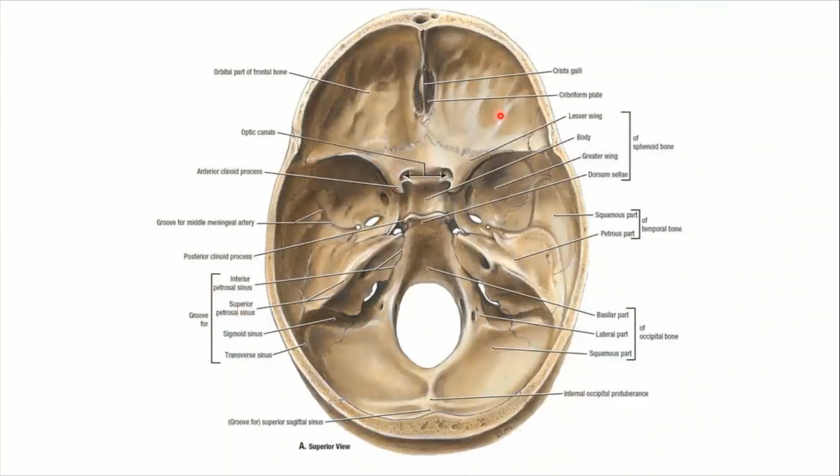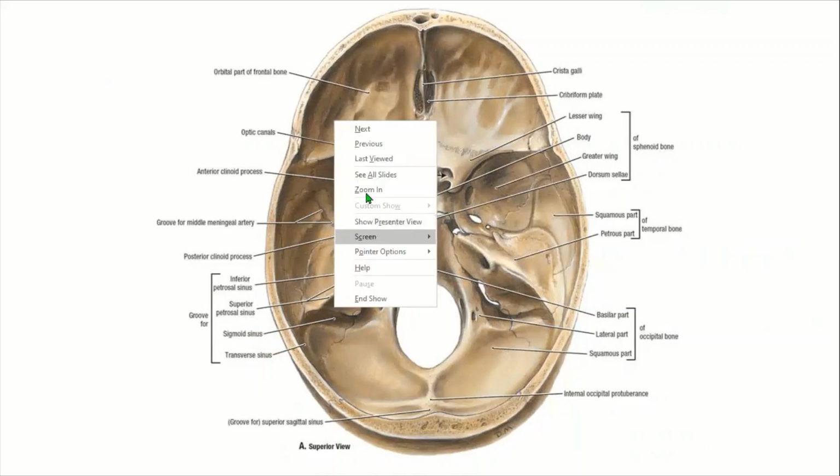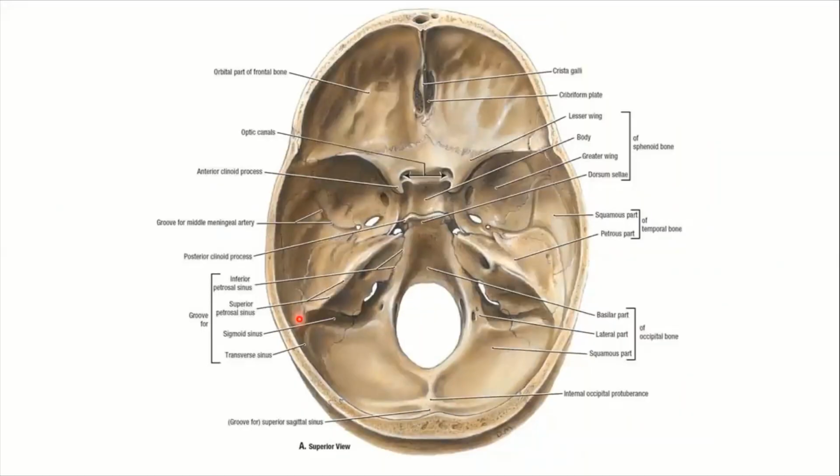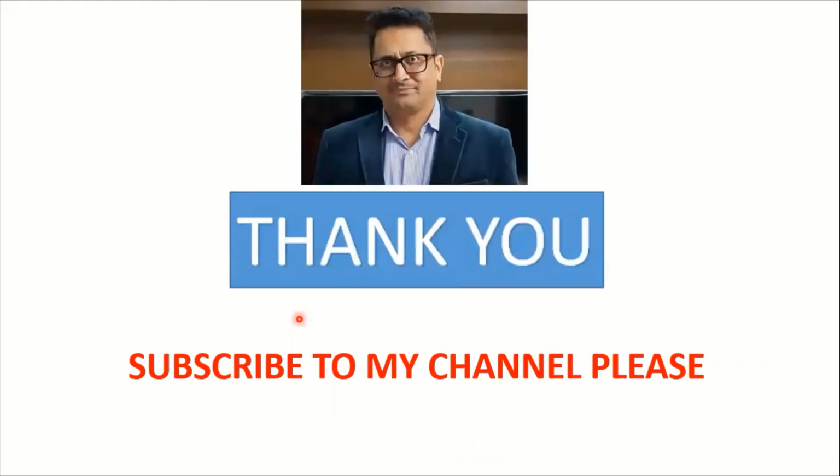And these are the bony structures without colors, right? I told you already, and still I enlarged that to show some parts of the structures. This is the sigmoid sinus, S-shaped, which ultimately forms the internal jugular vein, and it transmits blood from the whole brain. And the transverse sinus, this is the groove for the transverse sinus. So with this, I end today's topic of the internal aspect of the cranial base, the interior of the